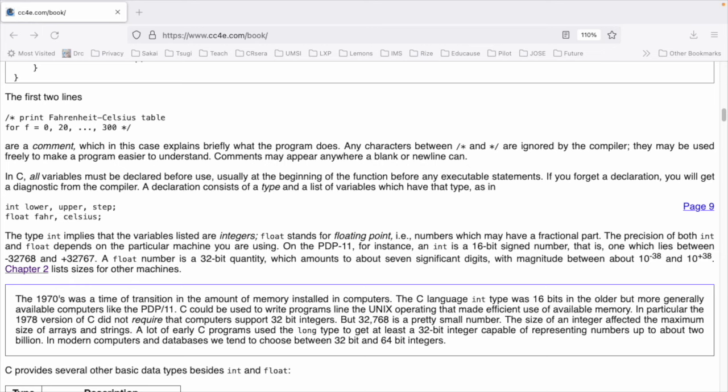Comments may appear anywhere a blank or new line can. In C, all variables must be declared before use, usually at the beginning of a function, before any executable statements. If you forget a declaration, you will get a diagnostic from the compiler. A declaration consists of a type and a list of variables that have that type, as in int lower, upper, step; float fahr, celsius;